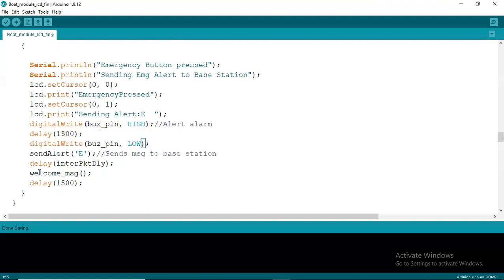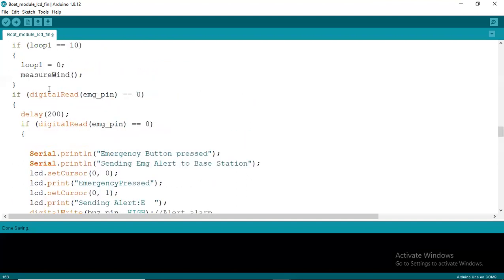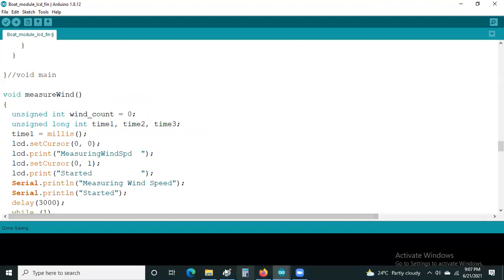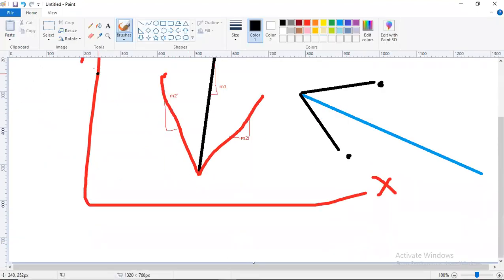Okay, and then after all things are over, again come back to the home screen or welcome screen. So this was about sending the button press message. So measure wind is still pending. We'll do that measure wind. As I discussed in our previous lecture also, what is the wind speed? How it is measured is